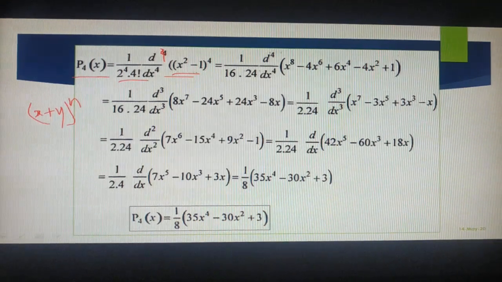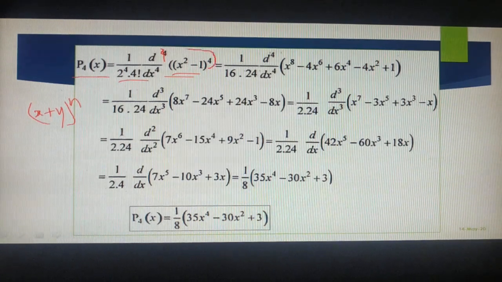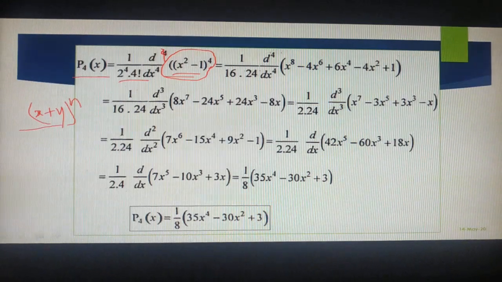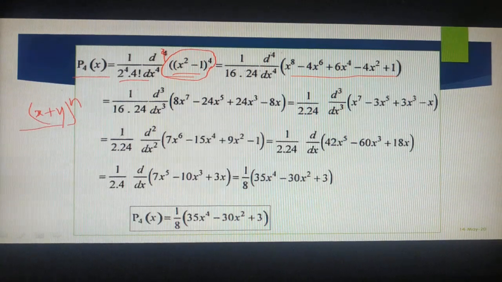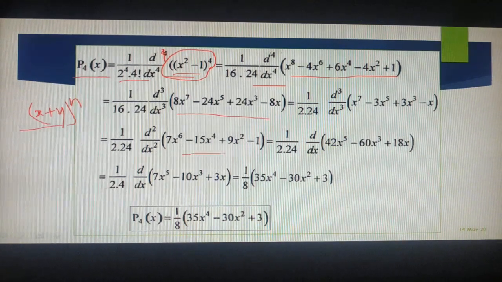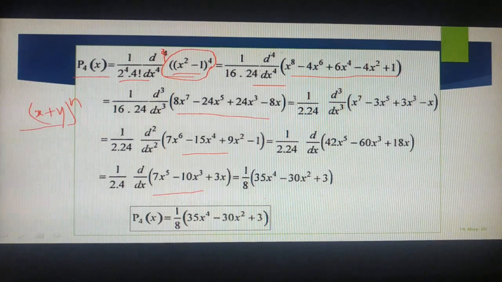So please expand this with the help of binomial expansion. This will land in our high school level. By using that formula we can get (x minus y) to the power of n. You just expand with the help of binomial expansion. After that, how many times do you have to do differentiation? D to the power of 4 means 4 times. So it's a polynomial. As many times as needed, we can easily differentiate. It's not a problem. So finally you try to simplify the whole thing.